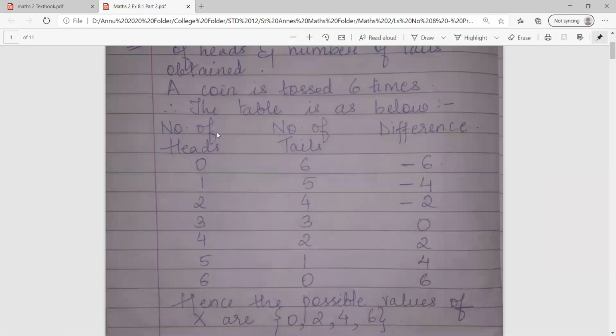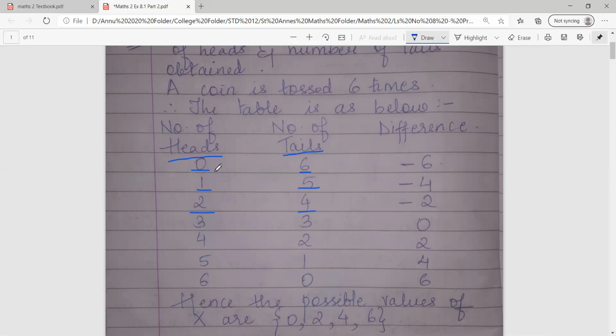As you can see, in the first column, I have written number of heads. In the second column, I have written number of tails. So for example, एक भी बार head नहीं आया, मतलब all the 6 times tails ही मिला. In case if I am getting 1 time head, the remaining 5 times I am getting tails. In the similar manner, if I am getting 2 times head, 4 times I will get tails. So in the similar manner, as you can see, the number is keeping on increasing over here. 2, 3, 4, 5, 6. And at the same time, here you can see the number is decreasing. 6, 5, 4, 3, 2, 1, 0.